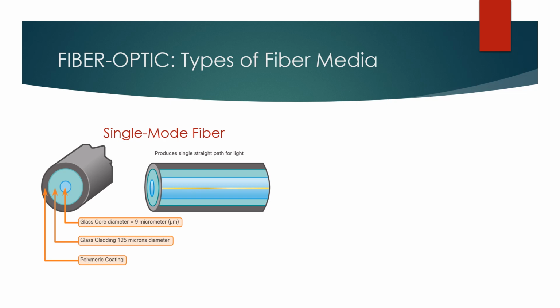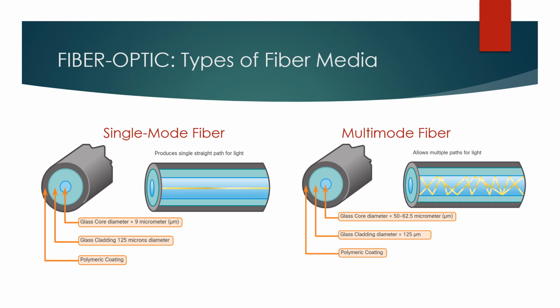cable TV applications. And the second type is multi-mode fiber, which consists of a larger core and uses LED emitters to send light pulses. Specifically, light from an LED enters the multi-mode fiber at different angles, as shown in the figure. Multi-mode fibers are very popular in LANs because they can be powered by low-cost LEDs. Each provides bandwidth up to 10 gigabits over link lengths of up to